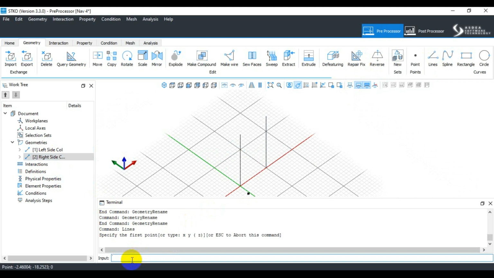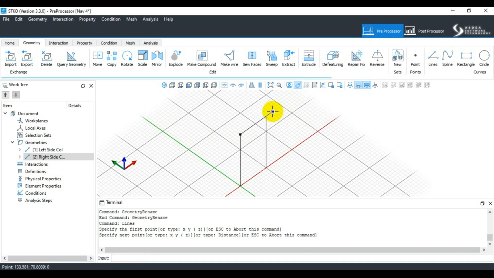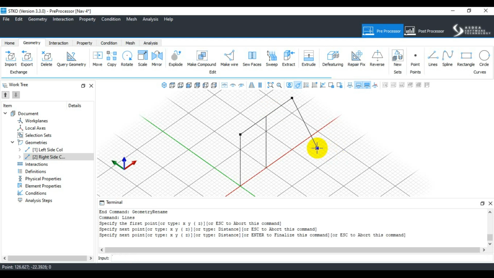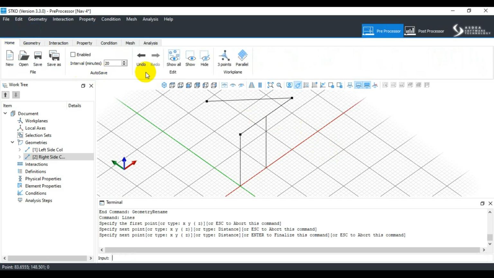So this one will be x will be 0, y will be 50. Okay, x will be 0, y will be 0. I got confused. X is 0, y is 0, z is 100, right? And similarly, x is 100, y is 0, z is 100. Sorry, I should. Okay, so let's